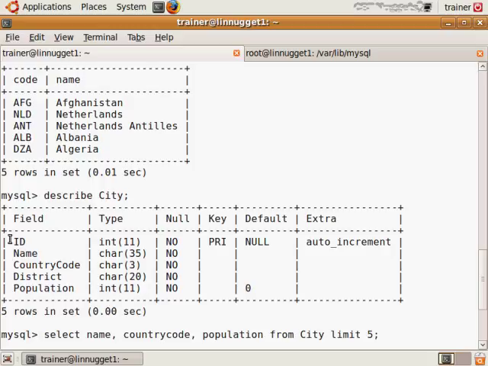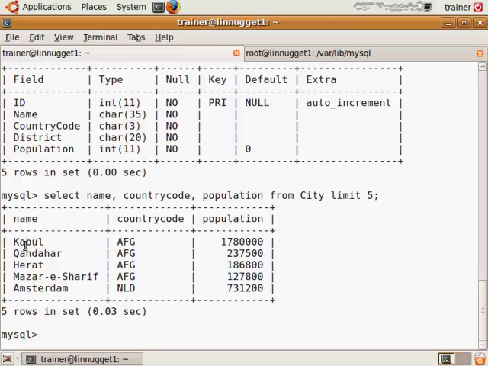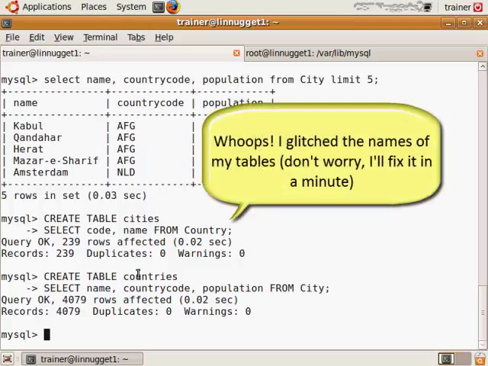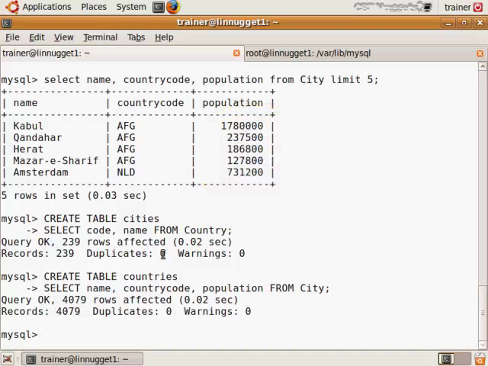Now, when we create our tables, initially there's not going to be any indexes going on. However, I get a little ahead of myself. Let's go ahead and build out our tables now. Alright, you see what I've done here. I've done the create table, and a really nice way to create a table by just pulling data in a select is to run the select after the create table statement. Therefore, I've said create table cities, select code, name from country, create table countries, select name, country code, population from city. And what's happened is the column declaration data, in this case from country, is pulled from the source